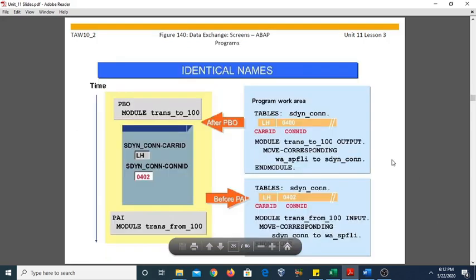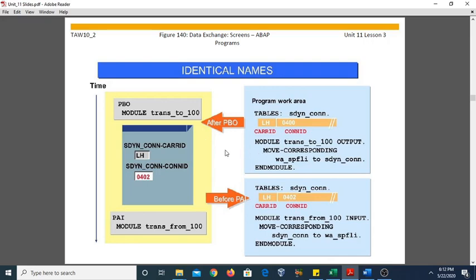Come to the next point, data exchange between screen and ABAP programs. This slide is showing how the data is exchanged between the screens as well as the ABAP programs. Generally, two modules work behind this one, PBO and PAI. After the system has processed all the modules in the PBO processing block, the system copies the contents of the fields in the ABAP work area to the corresponding fields in the screen work area.